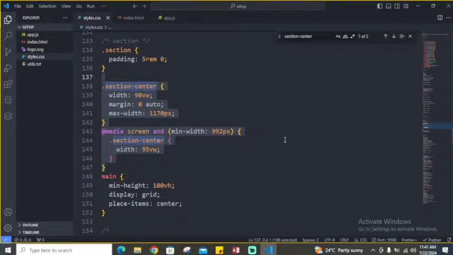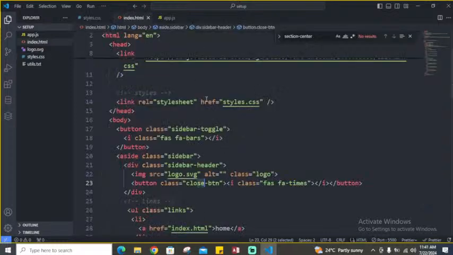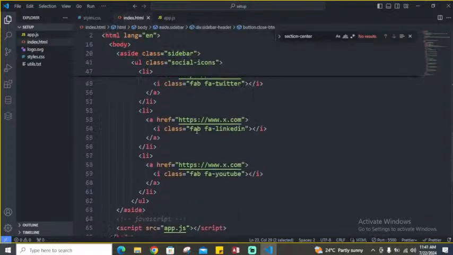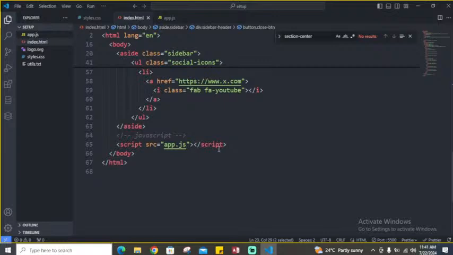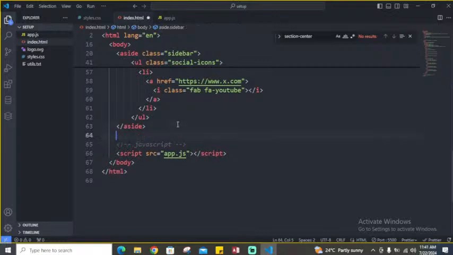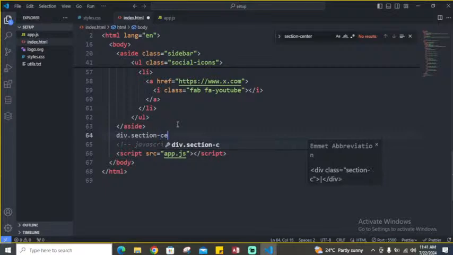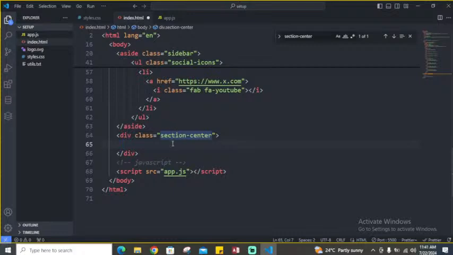And maybe I put another thing there. Let's say I come here and add something. I've gotten a sidebar, right? I have a div with a class of section center. I press enter. Now whatever I pass inside